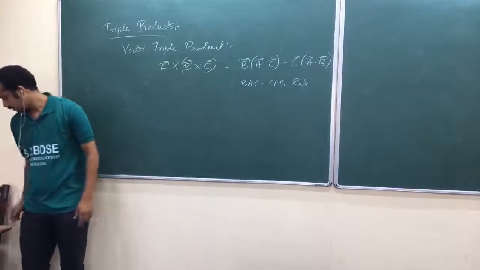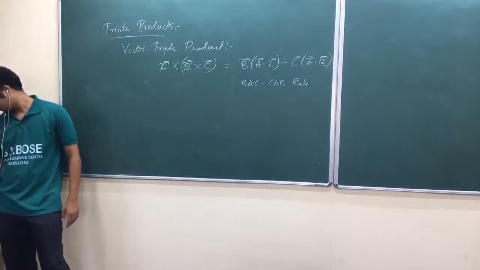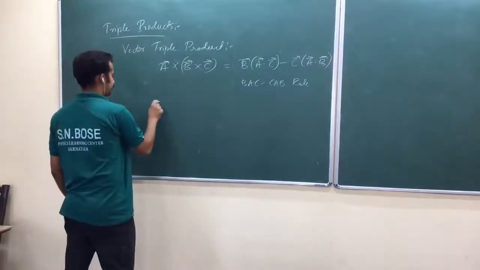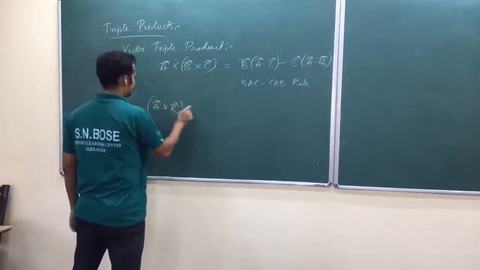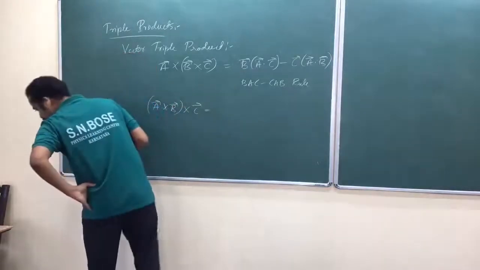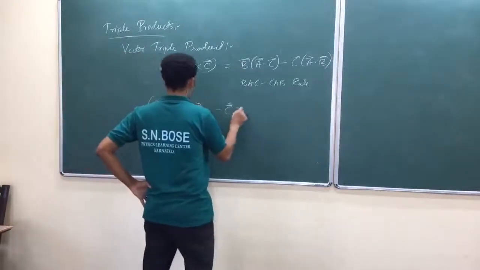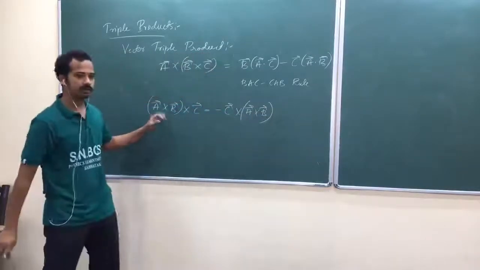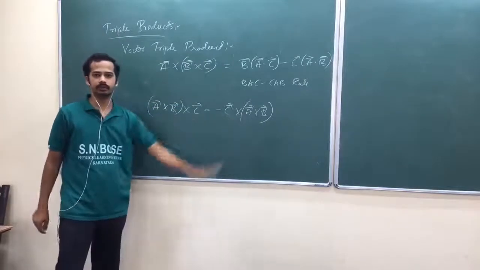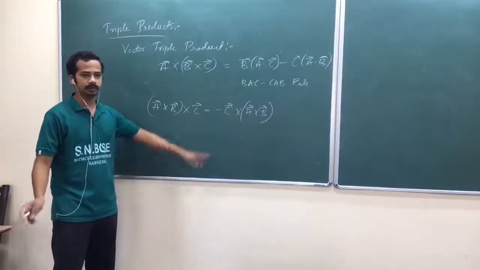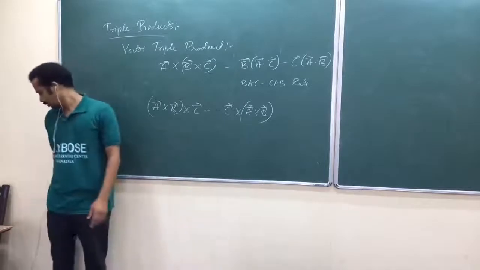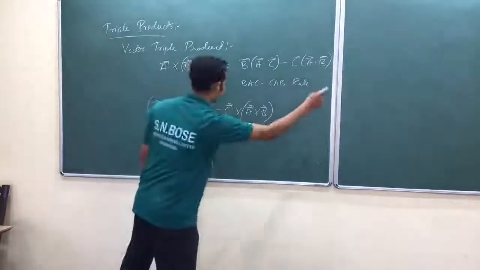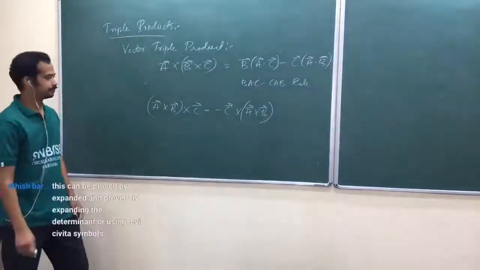Now, he has written two more rules, okay? Just listing them out. Let me skip those two rules, but let me write this one. A cross B cross C equals minus C cross A cross B. Obviously, am I right? Take this one as one vector, this one as the other vector. If you interchange, cross product is not commutative, am I right? You will get one more negative sign, obviously. So now again you can use the back cab rule and you can write this one, isn't it?